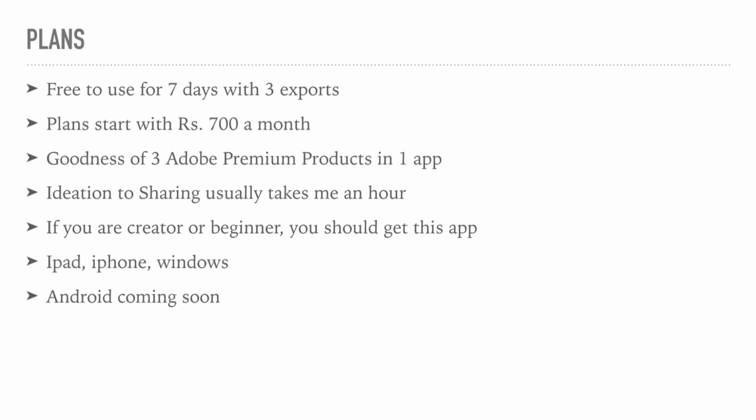These are the steps. This is what we just did. So what are the plans that are available? See, for the first 7 days, Rush is free to use, and you can use it up to 3 exports. Like I used up 2 exports already. I still have one more, but anyway, I'm going to buy the plan. The plan is just 700 rupees a month. Just 700 rupees a month. It's $10. It's $9.99 exclusive of taxes. And even if you put up the taxes together, it should be maybe 700, 800 bucks. Trust me, for a creator, it doesn't hurt much.